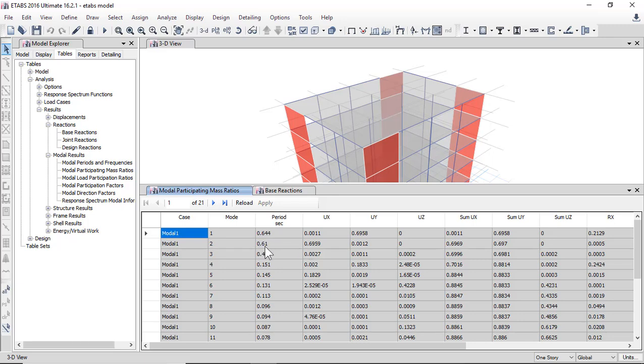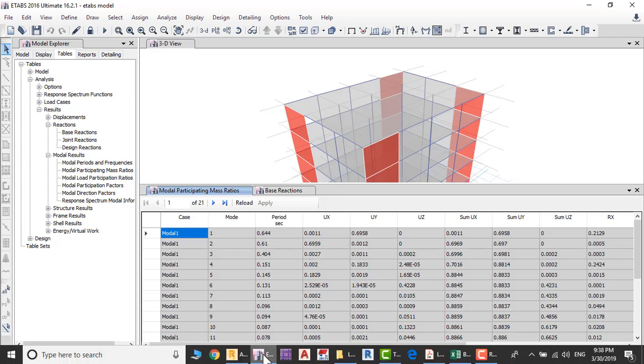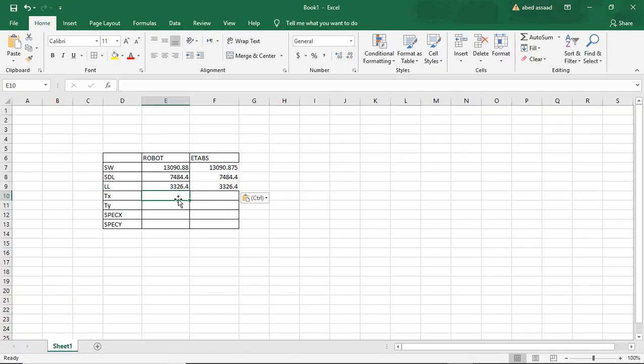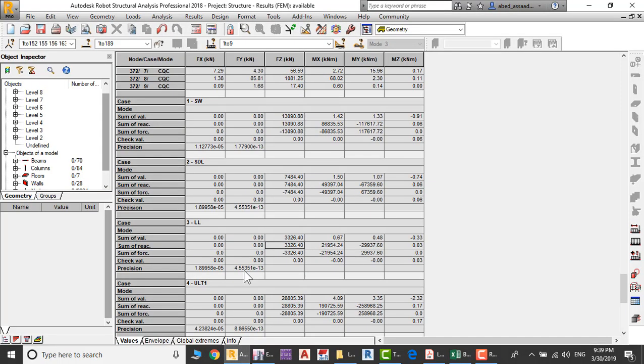TX is the second, so 0.61 in Etabs. In Robot,